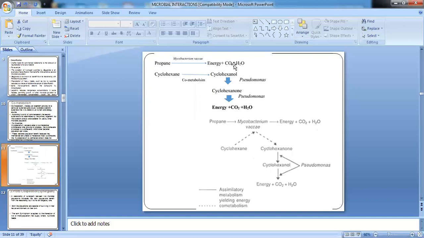So cyclohexanol is a substrate which can be utilized by Pseudomonas, but Pseudomonas cannot utilize cyclohexane. So during the growth and metabolism on propane, cyclohexane was converted by Mycobacterium to cyclohexanol. This cyclohexanol can now be utilized by Pseudomonas, which could not have utilized cyclohexane. So in this association, Pseudomonas is the commensal, Mycobacterium is the host,